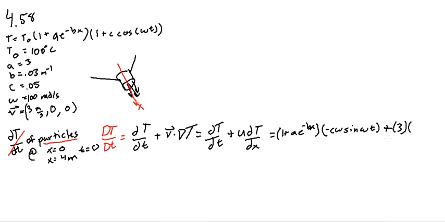Alright, this time we are going to look at the first part of the equation because that's where x is. The 1 goes to 0. The a, e to the negative b times x. The negative b will come down because of the chain rule, so we have negative a b e to the negative b x times, let's see if we can fit this in here, 1 plus the cosine